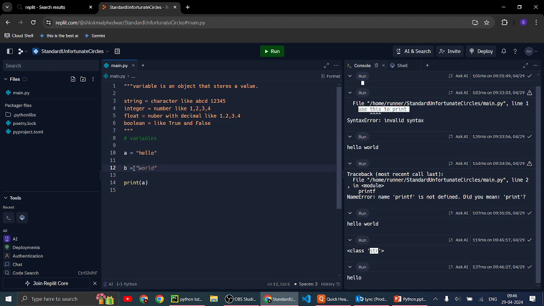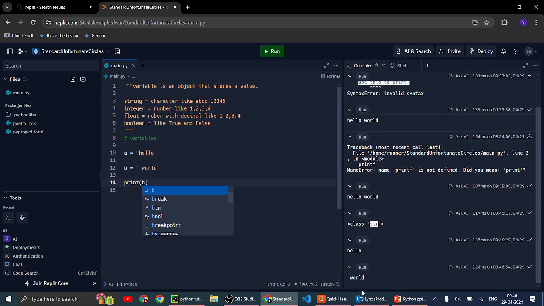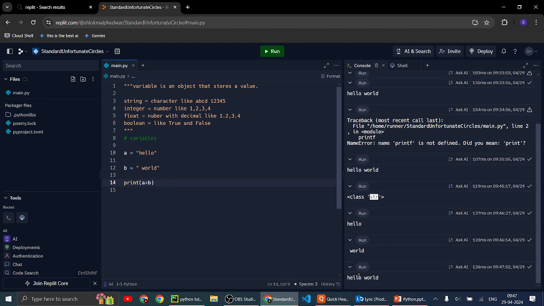Now B's value I will set as world. Okay, so I will print B here, and it will print world. So when I do A plus B, it will print hello world, like this.